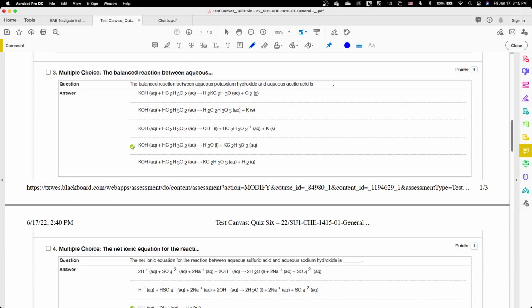Next, right, another question about balancing chemical equations. Again, we have 2 molecules here that we have to figure out the balanced chemical equation for. Right? So aqueous acetic acid and potassium hydroxide. We saw potassium hydroxide earlier, just in the previous question. That's KOH. That's the base, right? And then acetic acid, right? Which is